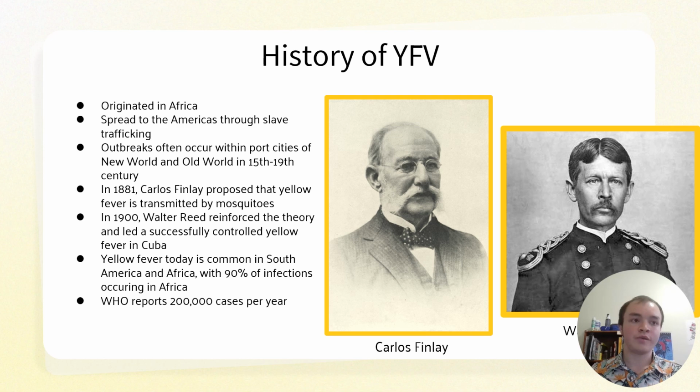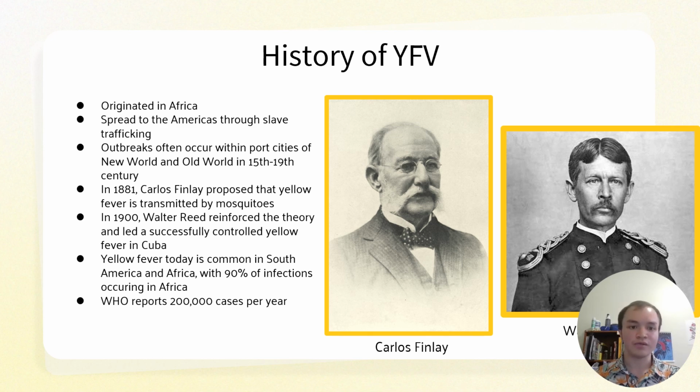Yellow fever would then be an endemic virus with outbreaks occurring throughout history, and then it would eventually spread out through the slave trade during the Columbian exchange, as slaves alongside the mosquitoes are then brought over to the New World,